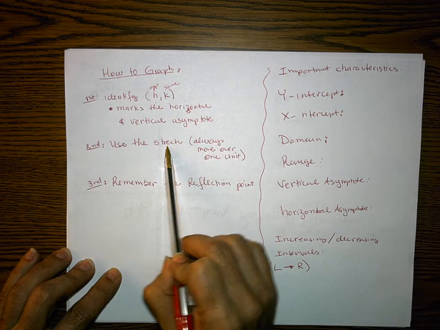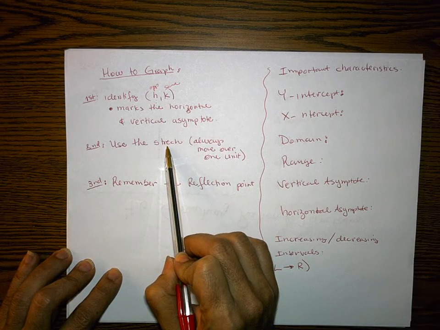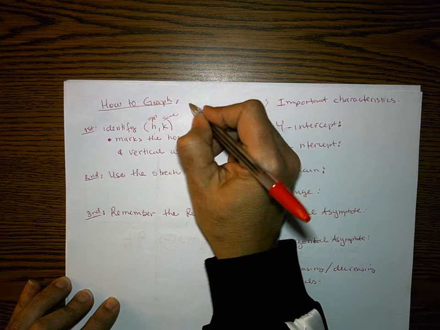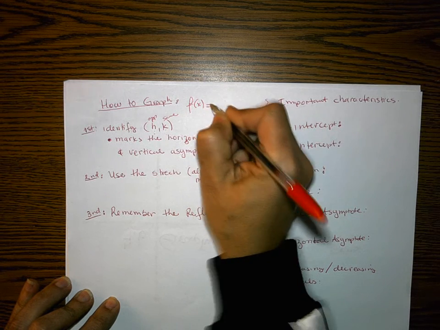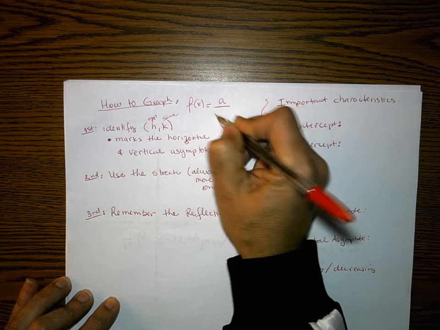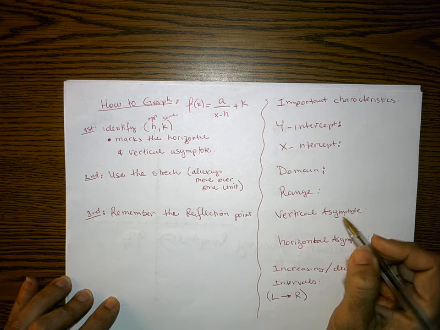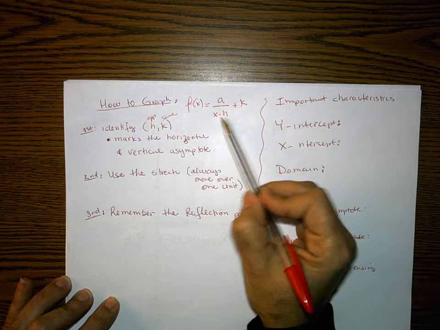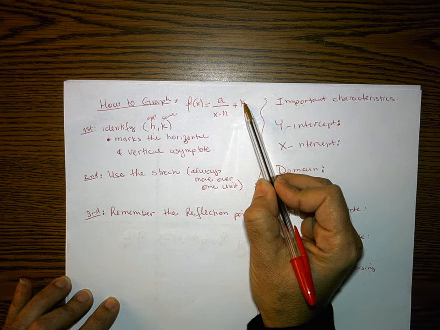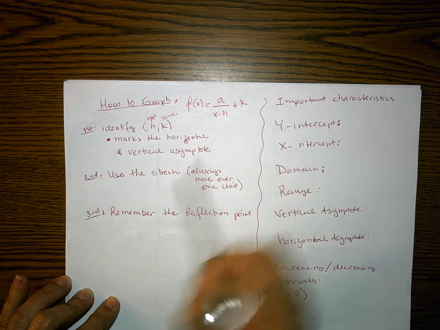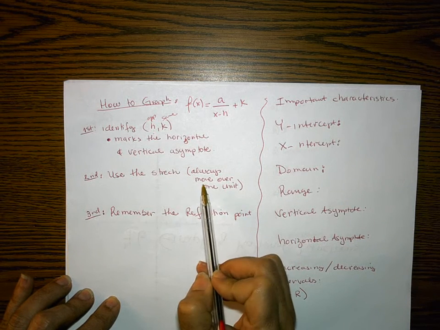So we use the stretch, and that is the a value. So if I was to write the general form of the function, f of x equals a over x minus h plus k. So that is what the function looks like, and that's why we want to identify the h and the k value first, because that marks our horizontal and vertical asymptote. And then we want to identify the stretch of the function, which is this a value,